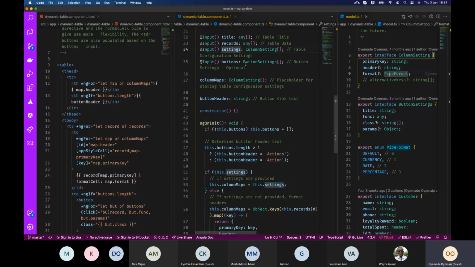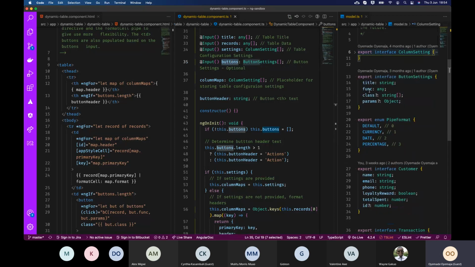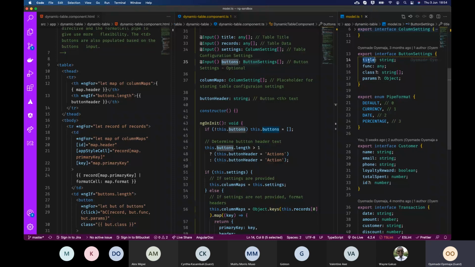And then we also expect the buttons, like I mentioned earlier. We have the button settings. This is what it looks like. We're expecting a title. We're expecting a function that you want to fire when the button is clicked. And I added a class here just in case you probably wanted to add CSS classes to the button to make it look different. It's not compulsory though. And then parameters, like I mentioned, for that function that you are trying to fire. So in this component,